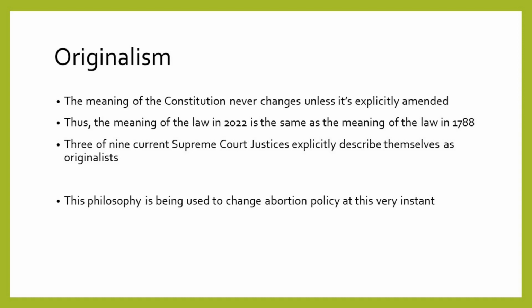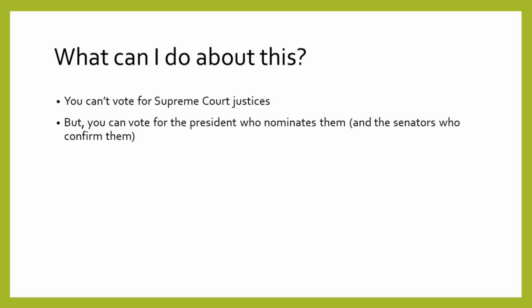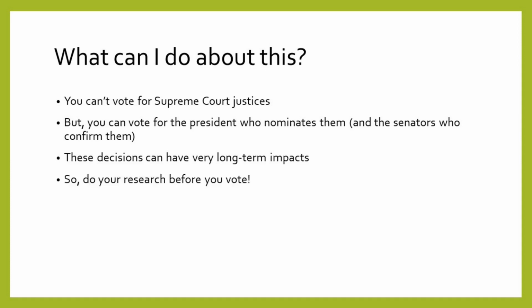But, I hear you asking, what do I do about that? I mean, I can't vote for Supreme Court justices. And that's true, but you can vote for the presidents who nominate them. And because Supreme Court justices serve for life, they can sometimes be the longest lasting impact a president has on the country. As an example, Clarence Thomas has literally been on the court longer than I've been alive, which is a rant for another time, but the point is, when you go to vote in a presidential election or a presidential primary, you should consider what sort of people each candidate is going to put on the court, because they're probably going to be there for decades, even after the president is long gone.